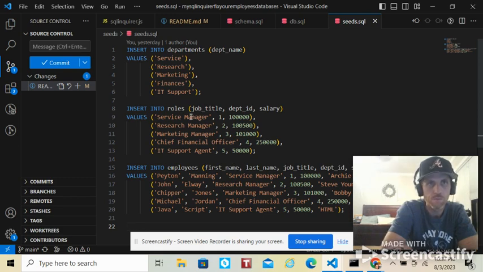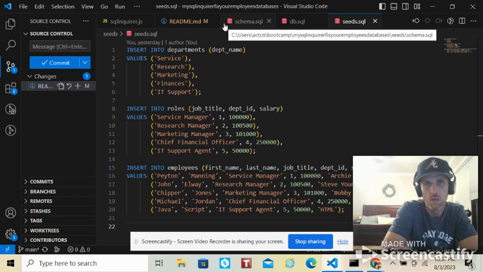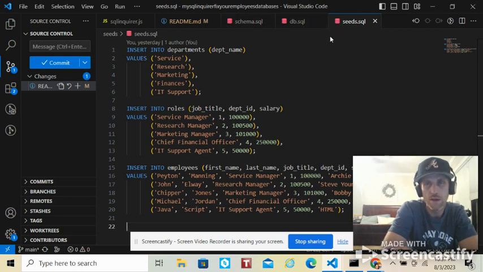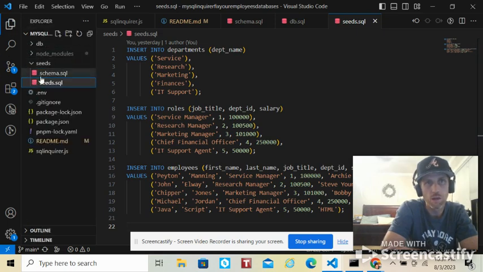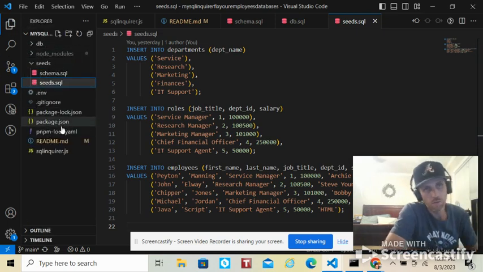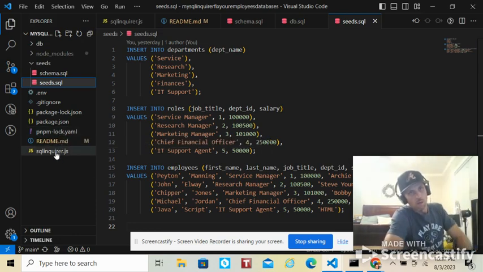The first thing that we need to do is invoke a couple of things. We have to start up the SQL files first, because that's where all of our table data comes from. So we have to start invoking those, and then we'll need to start our JavaScript file. How we do that is we've got all of our files over here in our file system, and we're going to start up